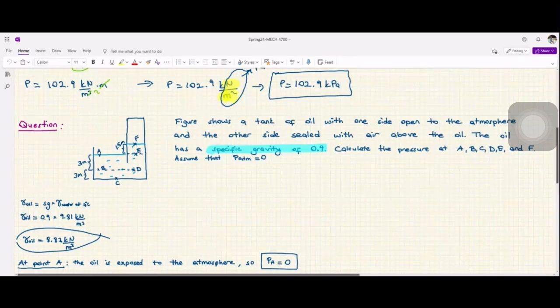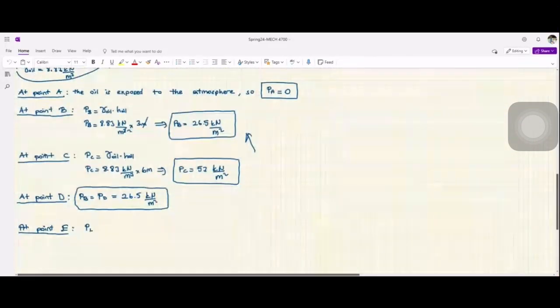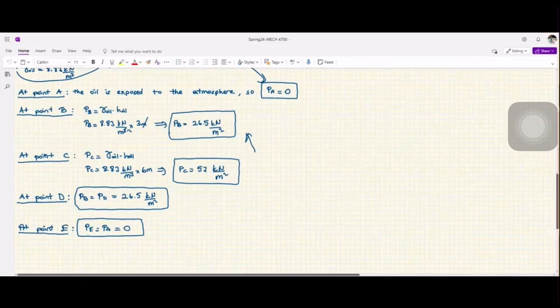If we say that the pressure at point E is greater than the pressure at point A, then point A should be pushed up, okay? But it's stable, it's not moving, right? So PE and PA are the same. PE equals PA, and we said that the pressure at point A was 0, right? It's right there. We said that it's 0, therefore PE is 0 too. And finally, the last point,